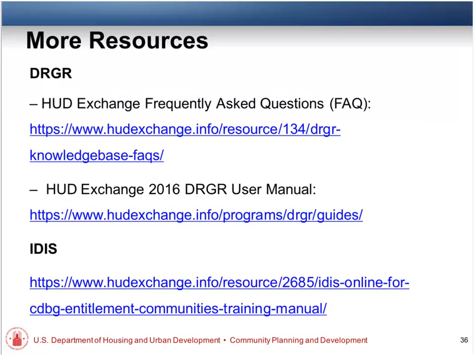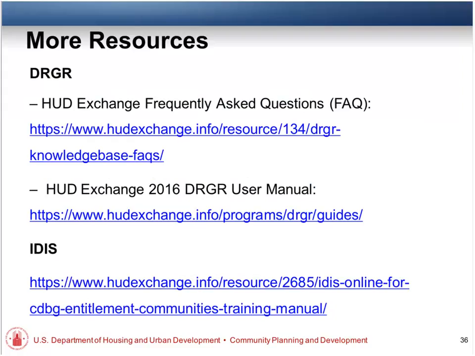Since the program income transfers are very closely tied to DRGR and IDIS, we want to give you some resources for these systems as well. There is a specific DRGR section of the FAQs. If you go to this link here, you'll see very specific FAQs about DRGR. In addition, within DRGR, if you're actually in the system, in the bottom left-hand menu, there's a link that says FAQ, and you can click on that link and go right to the FAQs from there as well.